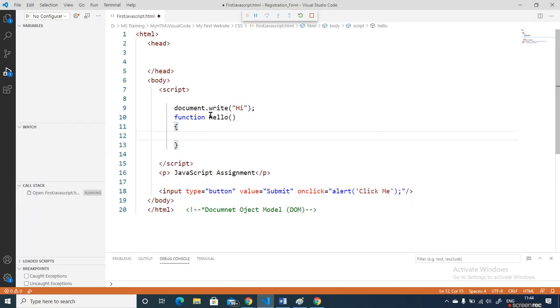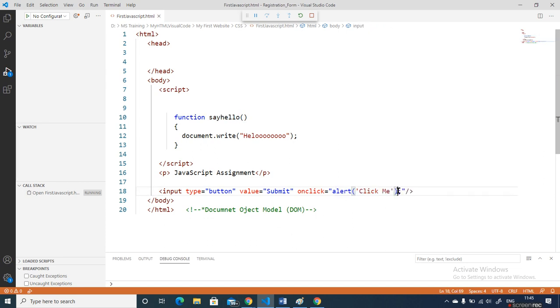Function sayHello is there, and what it does here is alert, only alert is there. Or I will just go here, Control X, and Control P, and I say hello. So see, now what I'm doing: the sayHello function is here, and I just call this sayHello here. I remove this onclick.